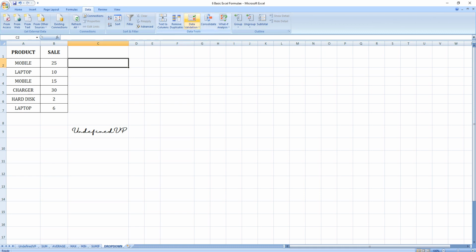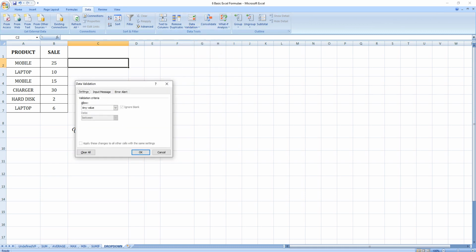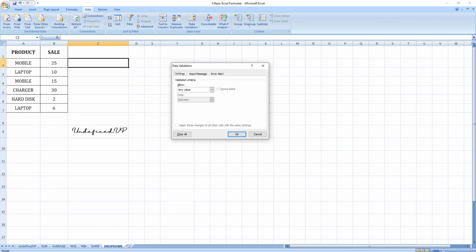Then select Data Validation. Once you select Data Validation, it will pop out a window in which you will have to select the validation criteria. By default it will be Any Value, so click the arrow button there.